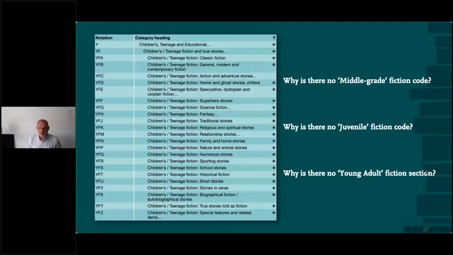Middle grade, even though it's started to be used in other countries, comes from the United States, specifically referring to their educational system. Juvenile as a word can mean youth, adolescent. In many languages, it gets translated to the English equivalent of teenage. And as for young adult, if we're talking about human development, then it usually refers to the years following adolescence, so adults in their 20s. In some book markets, young adult has now come to mean books aimed at all teens, so from 12, 13 to about 17, 18. In some markets, it's come to mean books aimed at over 15s, over 16s. So it lacks the precision of language necessary in a standard.